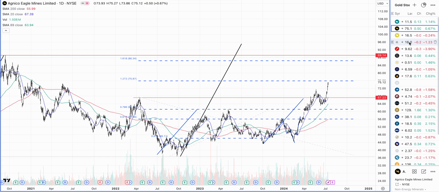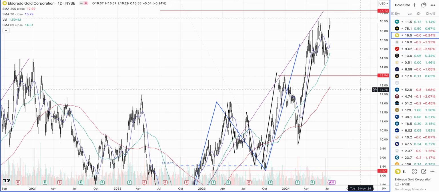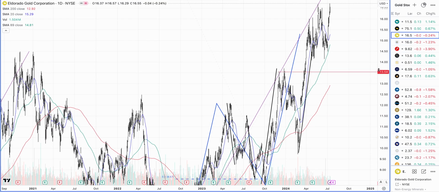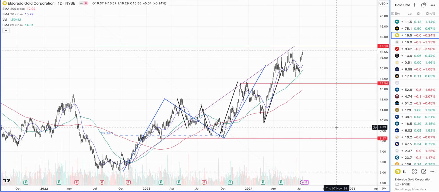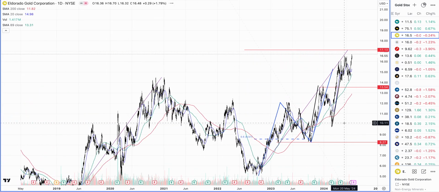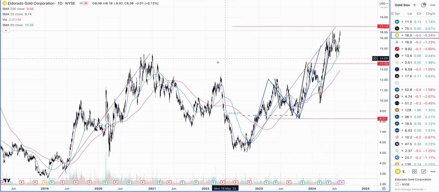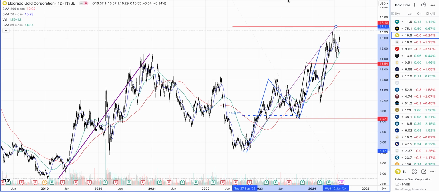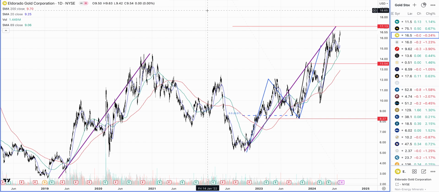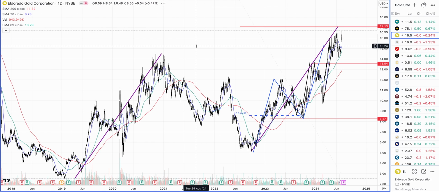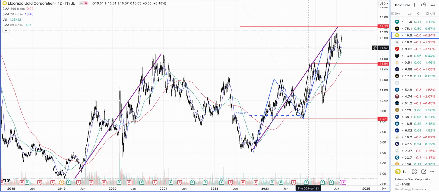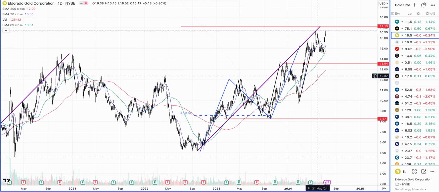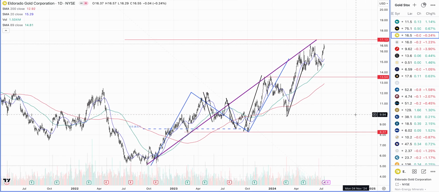That remains a possibility. This one is Eldorado Gold Corporation. When we were watching this one on the daily chart, we had drawn this big massive ABCD here. Let me actually make it bigger so it's easier to see, and this is the work which we had done in our previous video, so I encourage you to dig down in the archive and look at this when we were drawing these pattern formations, and now the market is actually traveling to those levels.